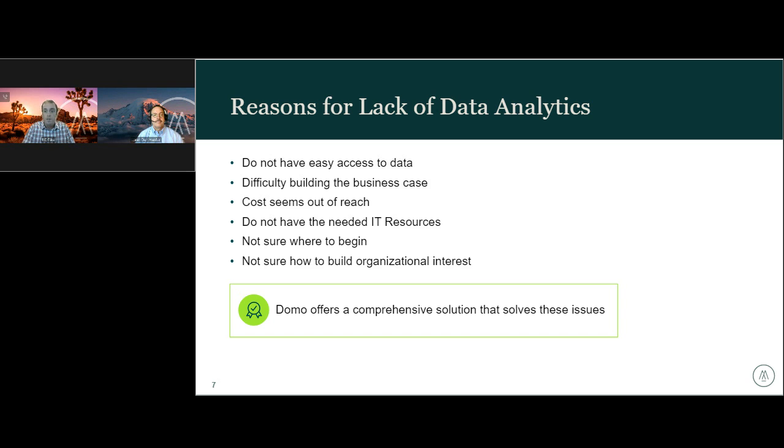The third bullet, cost seems out of reach. Also something we'll cover later. I think there are some cost-effective solutions out there that we'll talk through. IT resources: I saw a couple of responders to the data warehouse. It seems to me that those organizations probably have a deep IT bench. Not everybody on the call might have that. That's another challenge. Where to begin and build organizational interest. These are a couple of things that we'll talk about within the case study that we'll cover